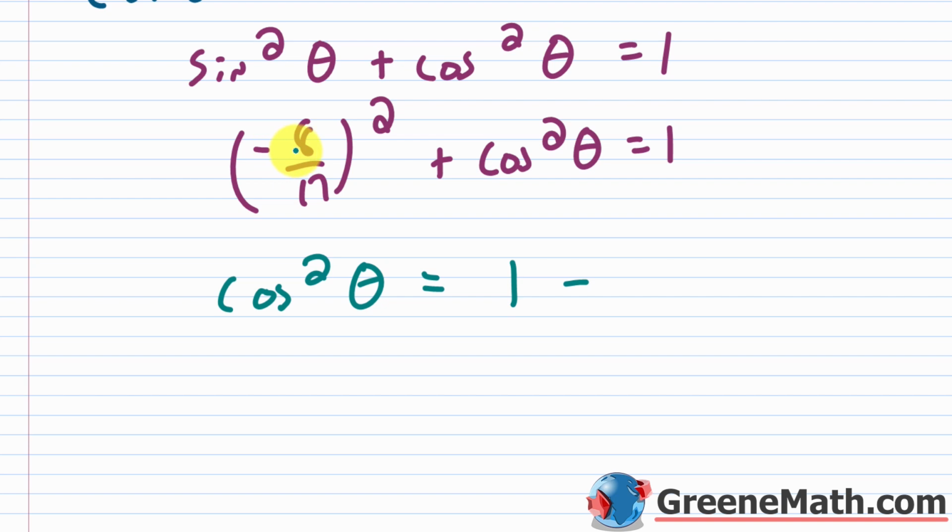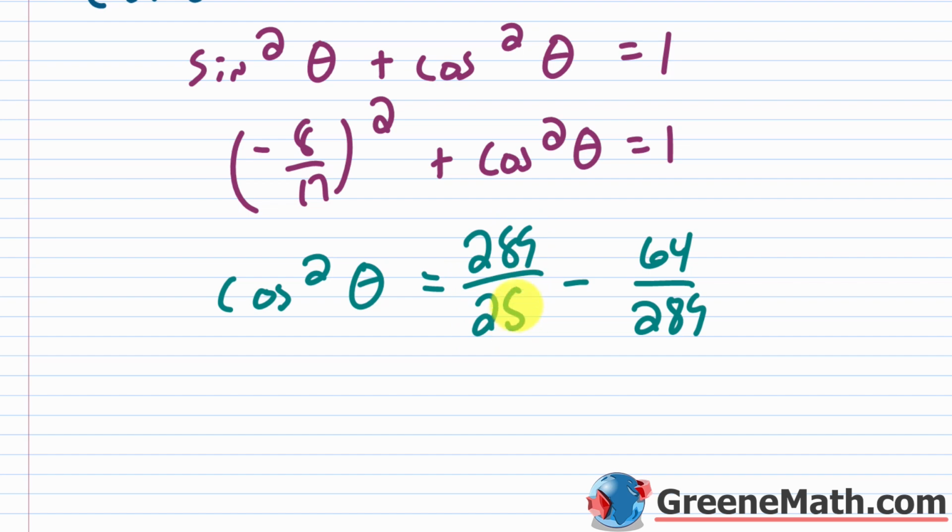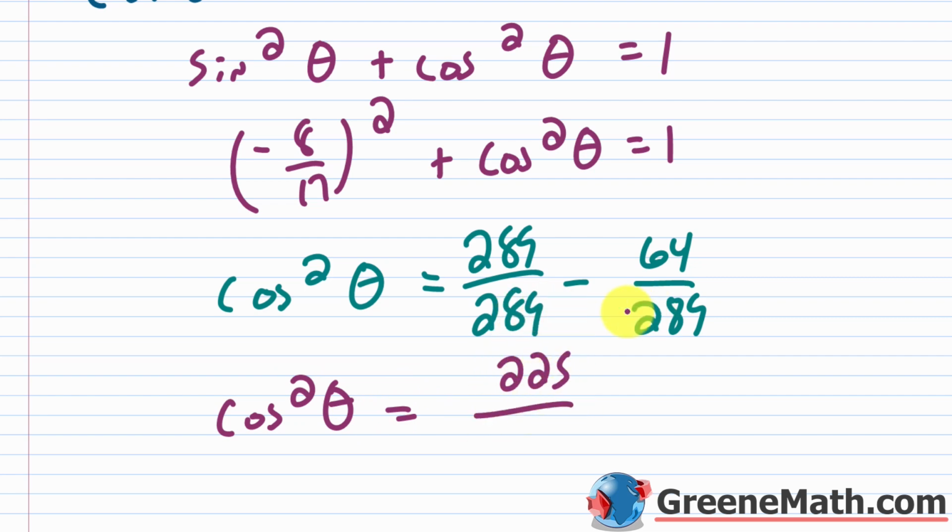So negative 8 squared is going to be 64, and then 17 squared is 289. Let's get a common denominator. So I can multiply 1 by 289 over 289, and then I could do 289 minus 64. That's going to be 225. So let's say that cosine squared theta is going to be equal to 225 over that common denominator